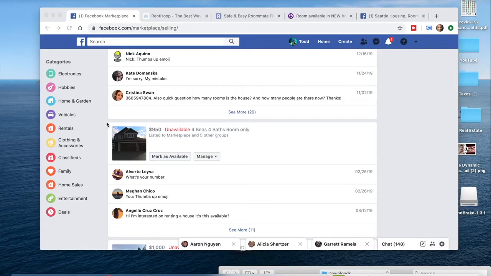Okay, so the first method that I use to find roommates or tenants, whatever you want to call it, basically room share, is Facebook Marketplace. So this is actually an expired listing that I have, but I will just open it up and show you